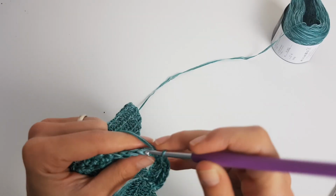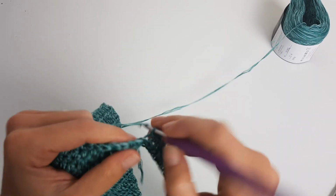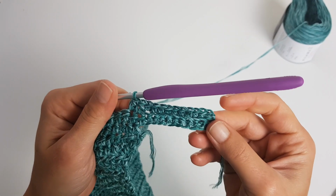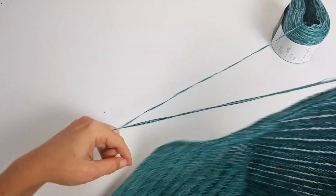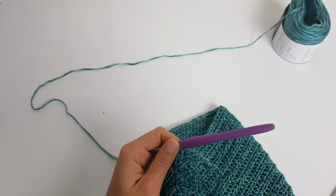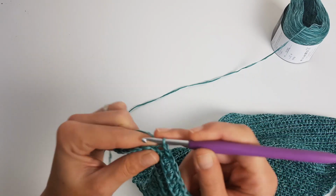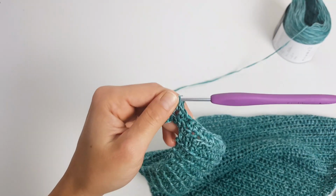and then when we get to the first half double crochet stitch, we will start to half double crochet into each stitch until we get to the opposite side where we have the last 10 stitches in which we will single crochet into the back loop only. And now we will finish the row with 10 single crochet into the back loop only. And this was the second row of the shoulder section,